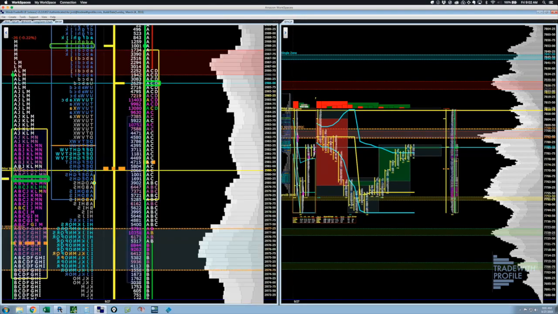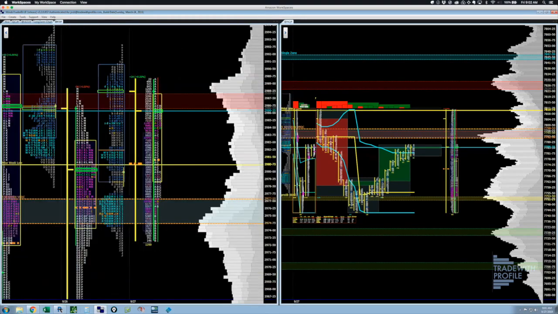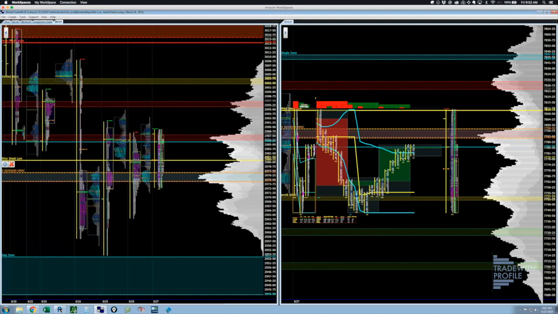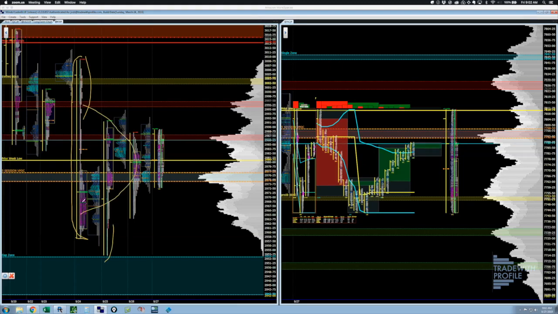Let's look at the ES over here real quick. A couple things I'll say about the ES overall, where we're at: these sellers from this day are still in control. This is what we call selling excess. We've had some buying excess, and the auction is now really trying to figure out what to do next. You'll see that I did a markup on this chart today. I do a markup on ES every morning, but unless we get back above 3K, I still see that sellers are in control. We've not been able to take back this really large volume day.